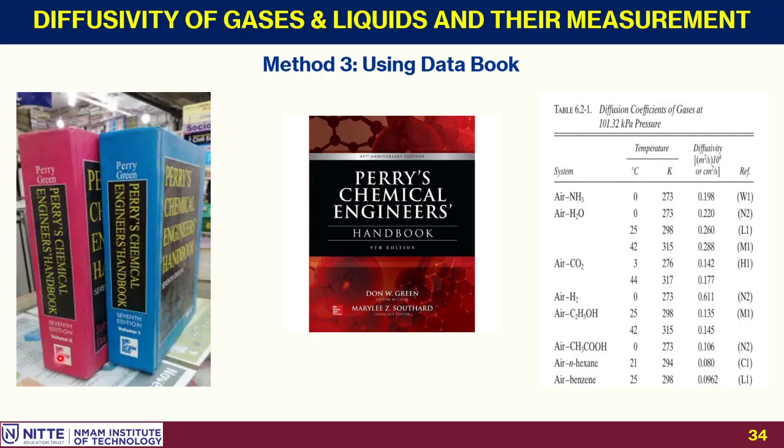Perry's Handbook has a large amount of information, much of it available experimentally as well as theoretically. The latest is the ninth edition, and different editions give updated information, a compilation of a lot of data on different aspects. Diffusion is one among them. If you need an in-between temperature value, you have to do interpolation. For example, if you require it at 30°, you have to make use of an interpolation formula. This is a little nearer to the accuracy.